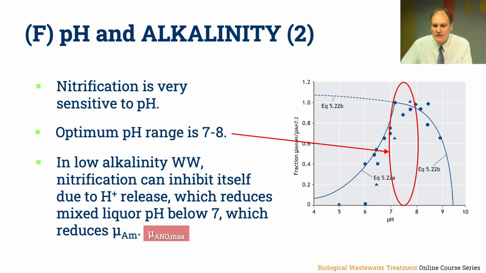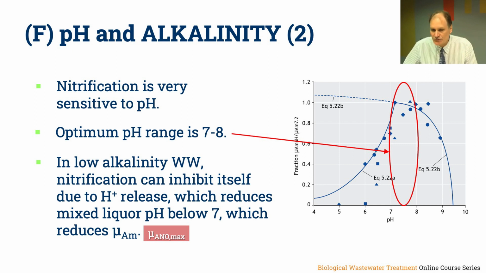Here is some data from the literature where the maximum specific growth rate of the nitrifiers is shown as a fraction of the rate at a pH of 7. So if the pH is 7.2 in this case, then the maximum specific growth rate is 100%. But if the pH begins to drop, and let's say the pH is now 7 or 6.5, you can see now the pH has reduced the maximum specific growth rate to only 60% of the value it would be at